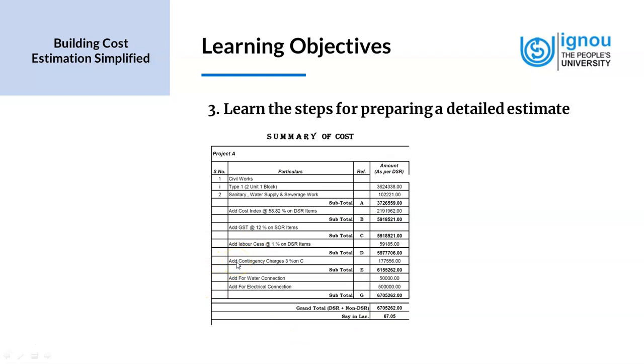And you can see it in the example given on the screen. We have contingency charges, we have taxes in terms of GST, etc. And then we also add the markups, and it makes up the overhead charges. There is also another category for bonds and insurances. So the detailed estimate includes determination of the quantities and costs of everything that is required to complete the project.